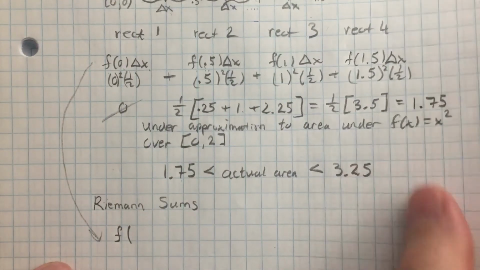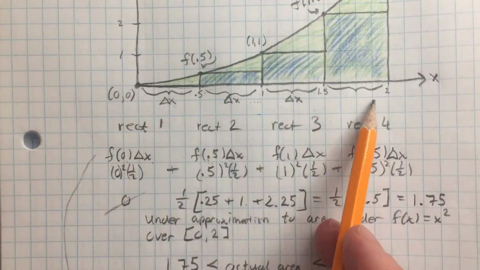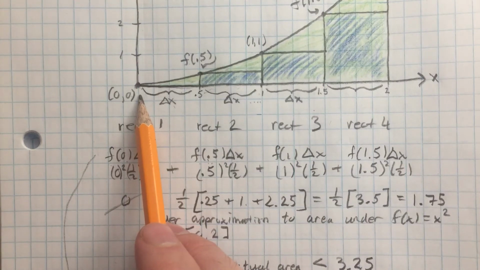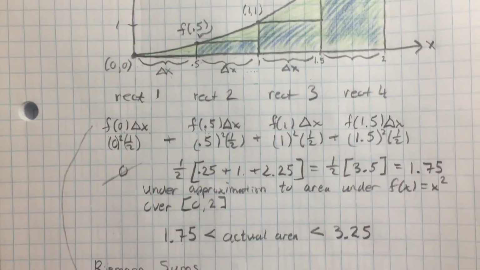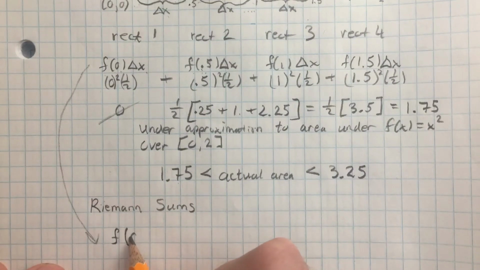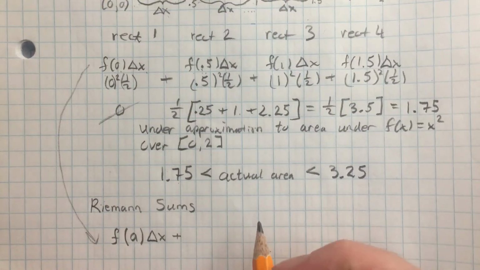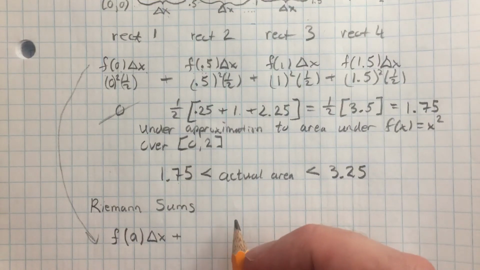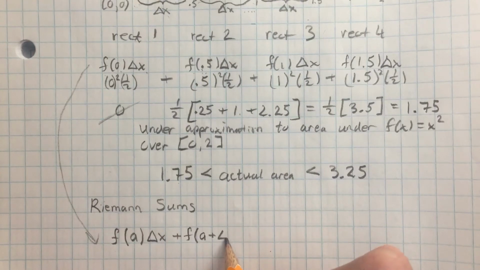Well, 0 was really the start of the whole interval. From 0 to 2 was our interval. So really, it's a. The letters we used were a and b for the starting point and endpoint of this interval respectively. So f of a, in a sense, 0 for our particular problem, times delta x, plus the next one, f of 0.5. Well, I don't want to use a particular number 0.5, but I could say it's f of starting point plus 1 delta x in,